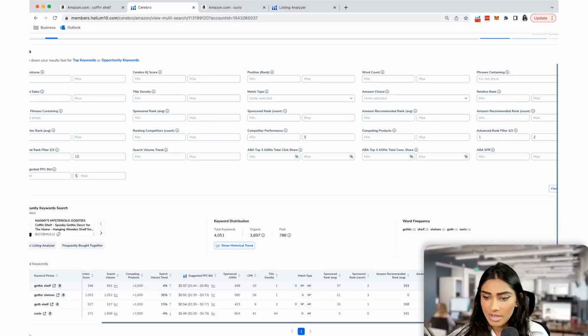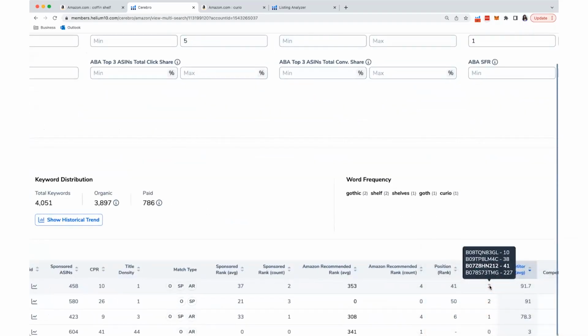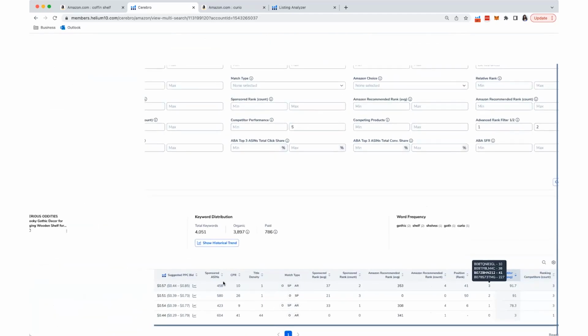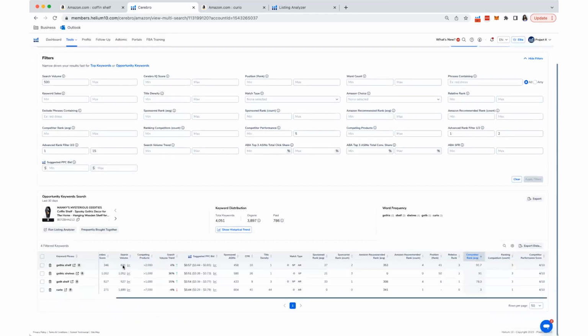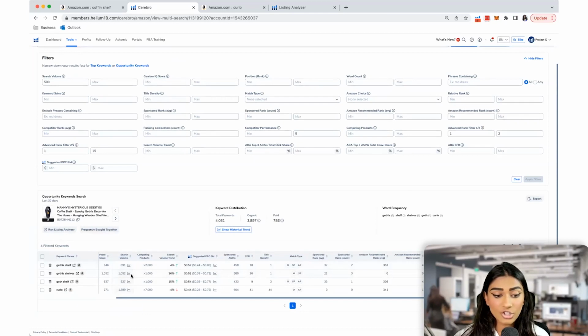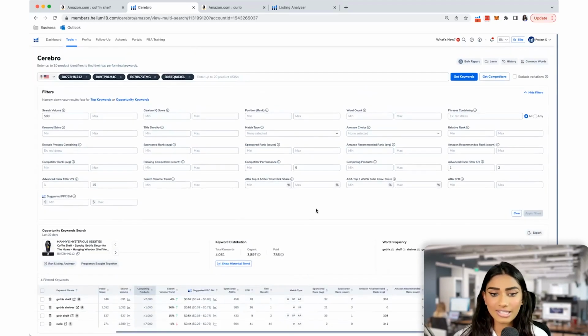But if you simply went in there and ran some PPC campaigns, or maybe ran it alongside the CPR number, which I can talk to you about in just a moment, you would be able to score some sales. All right. Here, if I hover over the relative rank, it shows me that one of these is in the top 10, and then the rest of them are not in the top 10. So this means that maybe this is one of those keywords that, yes, if I went in and actually ranked in the top half, then of this search volume that's actually going to this page, I would be able to have some success in generating sales because my competitors are also interested in these keywords.